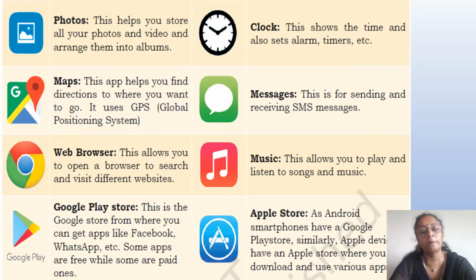You also have the Google Play Store, in which you can get all the different types of apps for playing games, for booking tickets, for whatever work you want. Every type of app is available in the Play Stores, be it the Google Play Store or the Apple App Store.